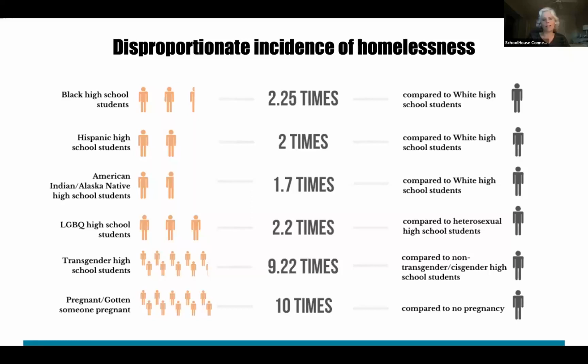Lesbian, gay, bisexual, and questioning students were about 2 times more likely to experience homelessness than students who identify as heterosexual. And then the really big outliers at the bottom of the slide: students who identify as transgender were over 9 times more likely to experience homelessness than those who identify as cisgender. And students who had either been pregnant or had gotten someone pregnant to their knowledge were 10 times more likely to experience homelessness. So I'm just pointing those disproportionalities out to you in a really deliberate and mindful way,